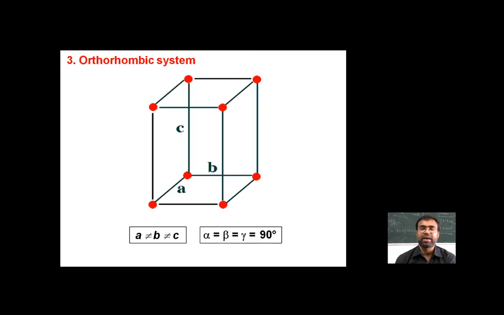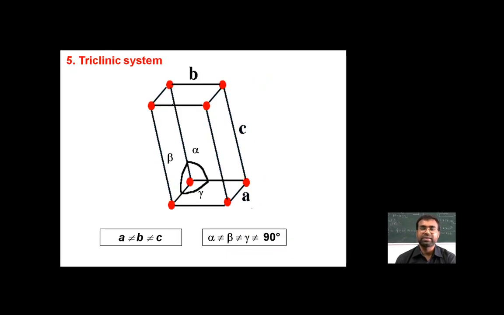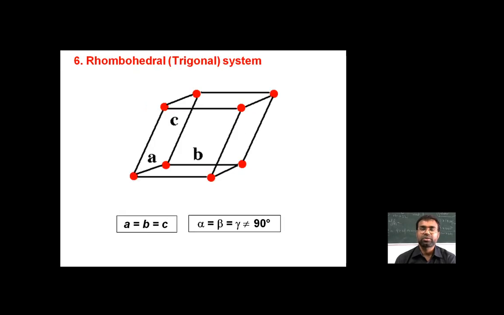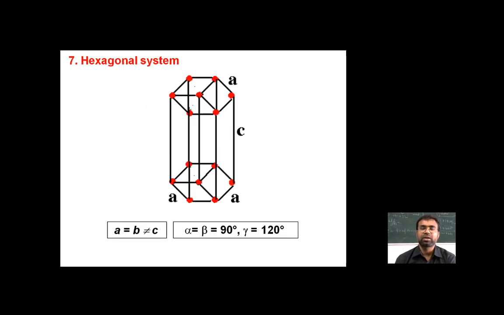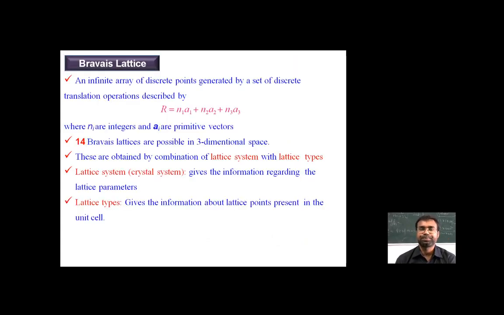Just a reminder for ourselves, these are the various kinds of crystal structures related to the system according to the structure of the material or according to the structure of the crystal. So there are the seven types of systems. These are categorized here according to their space lengths, according to their coordinates.